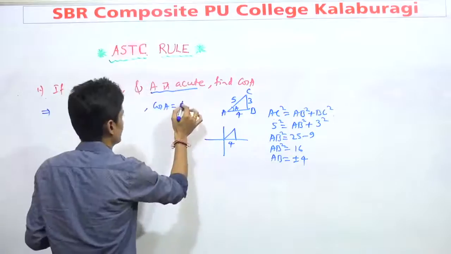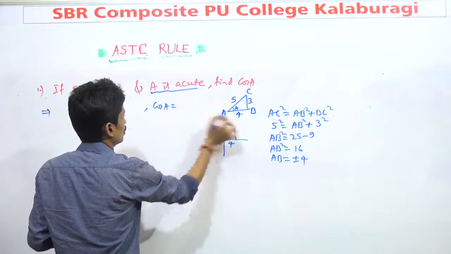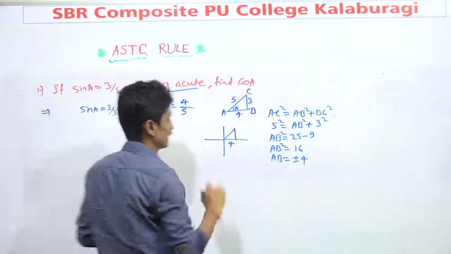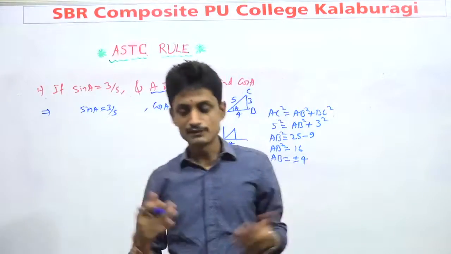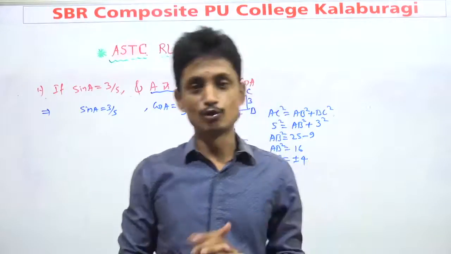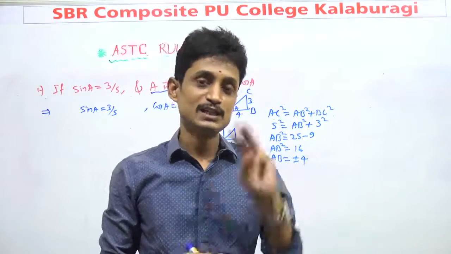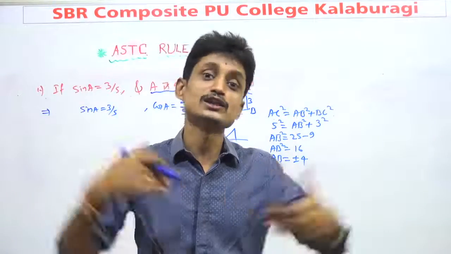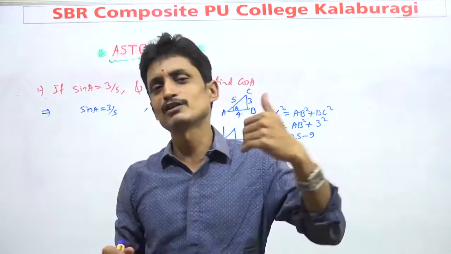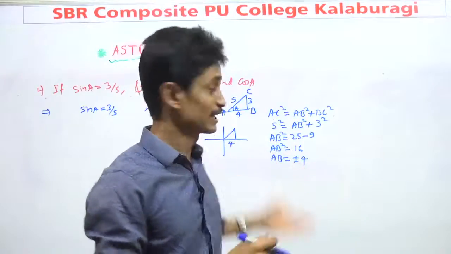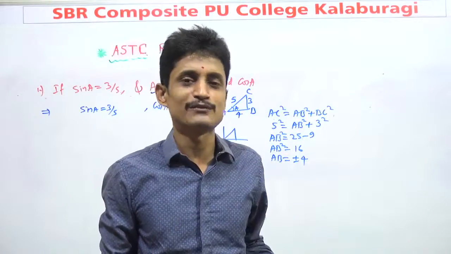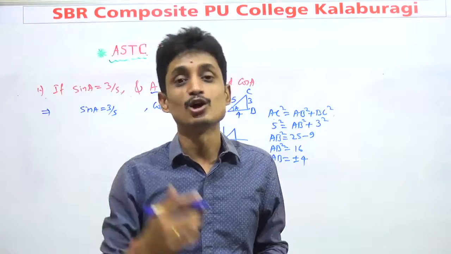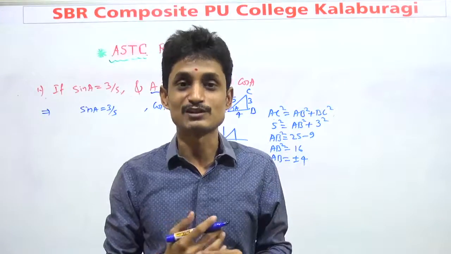So our ratio is very simple. Cos is adjacent by hypotenuse, which is 4 by 5. My answer is 4 by 5. The options may be given like plus 4 by 5, minus 4 by 5, in the third option plus or minus 4 by 5, and the fourth option all the above. Many of the students will go for all the above. However, we get plus or minus 4, so it may be 4 by 5 or minus 4 by 5 or plus or minus 4 by 5, all the above. So they will say the fourth option is correct.